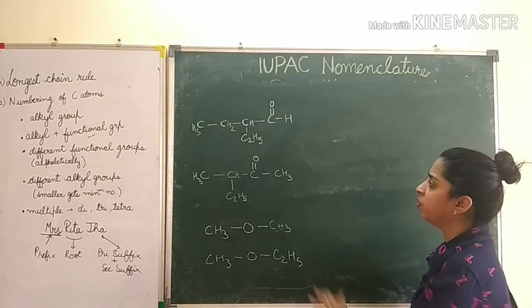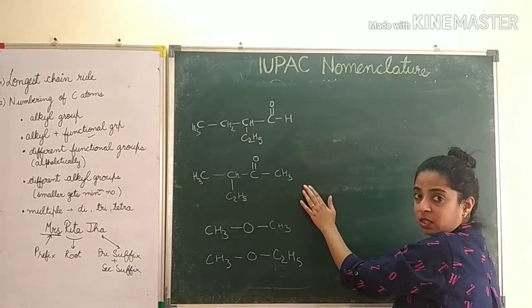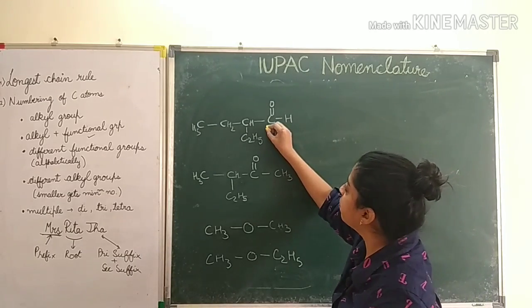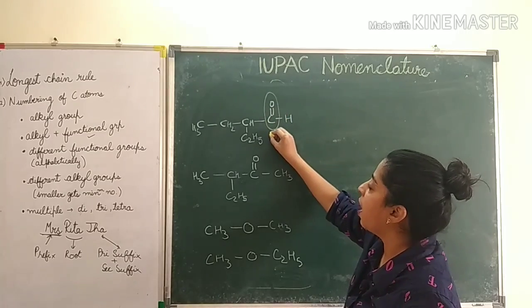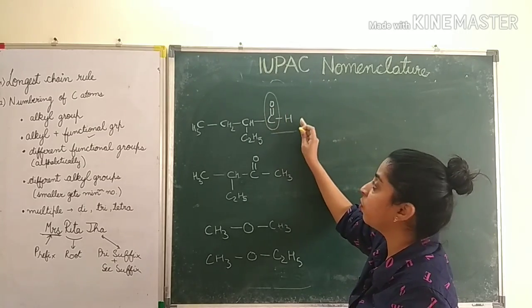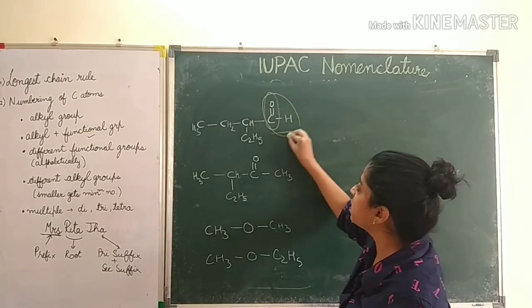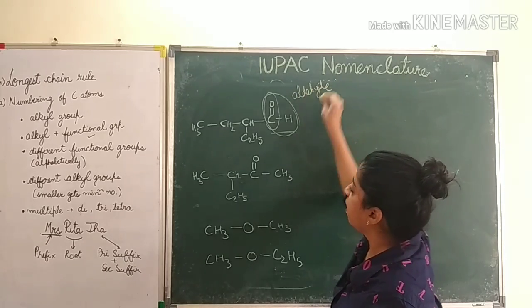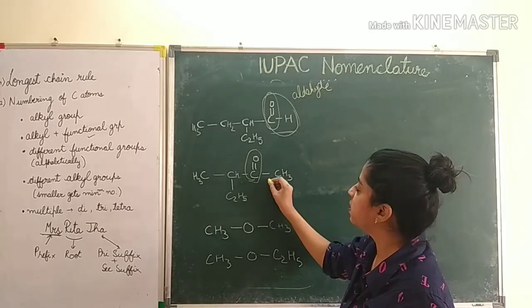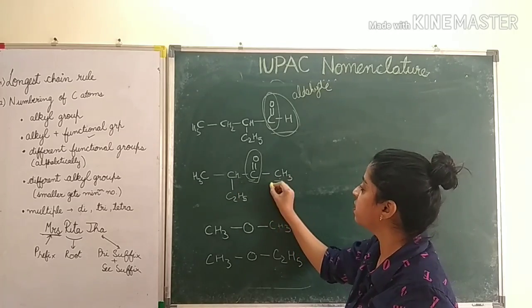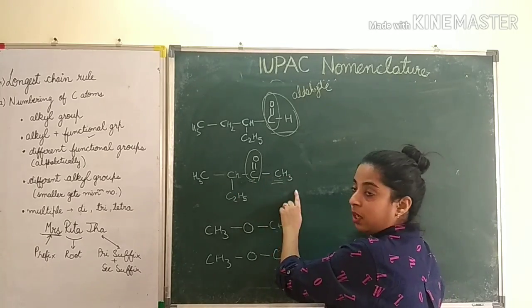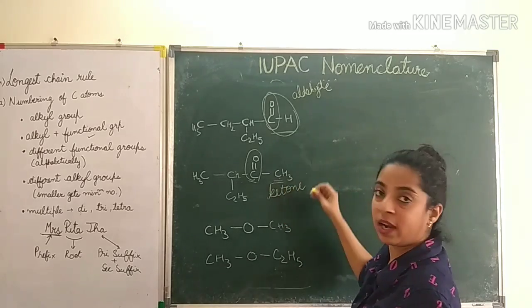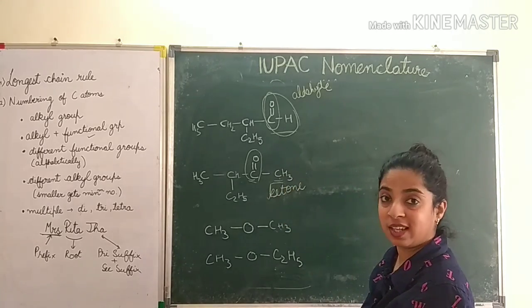Now children, have a look here. I have taken these 2 examples because children get confused in aldehyde and ketone. Now if you see this C double bond O at the terminal, at the end, इसके बाद अगर कोई कार्बन नहीं आ रहा है तो ये पूरा CHO comes as aldehyde. Okay, and see here this CO, इसके दोनों तरफ C आ रहे हैं. There is C here. It is not a terminal. So this is a ketone. Okay, so first you have to identify whether it's an aldehyde or ketone and then start numbering.